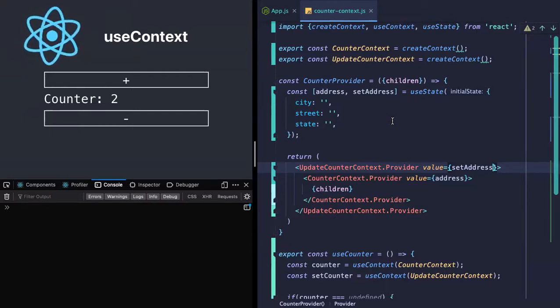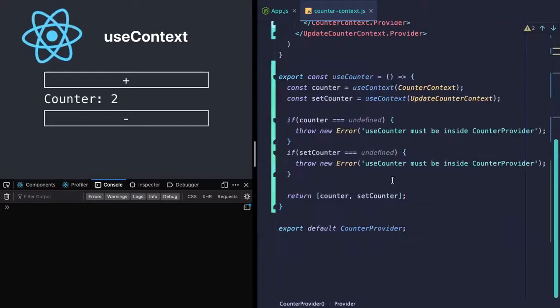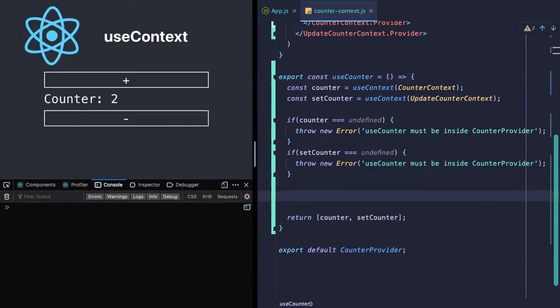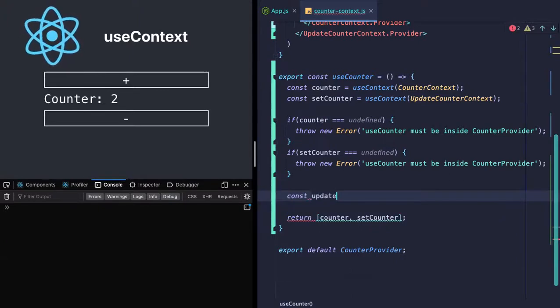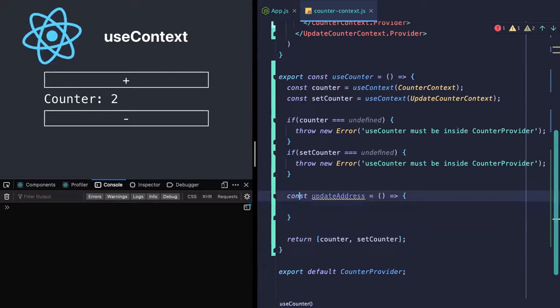And if you want to write custom logic on top, then this is the best place to do that. Let's say rather than the set counter directly being exposed, I will write another wrapper over here, and call it update address. Here I'll be taking all the things like street, city, and state.